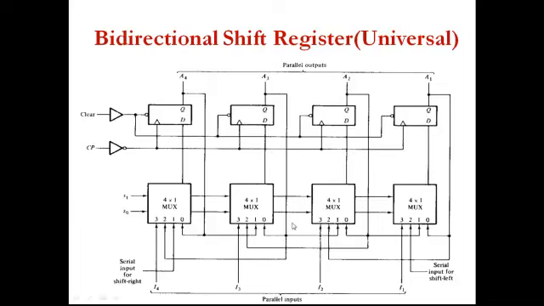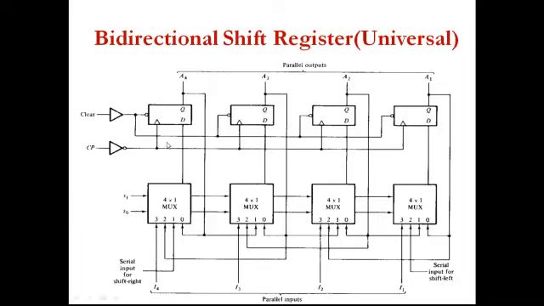A3 is connected to the 0th line of the second multiplexer. A2 is connected to the 0th line of this multiplexer. A1 is connected to the 0th line of this multiplexer. It means that whenever S1, S0 takes the value 0, 0, only the 0th input will be given as the output. So I have drawn this as a no change condition.